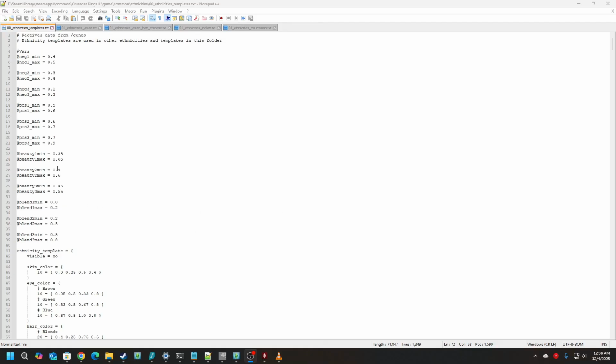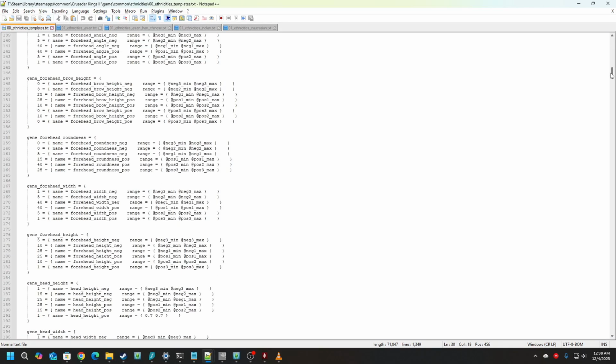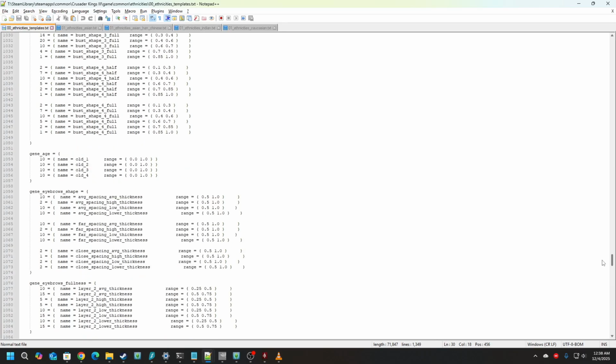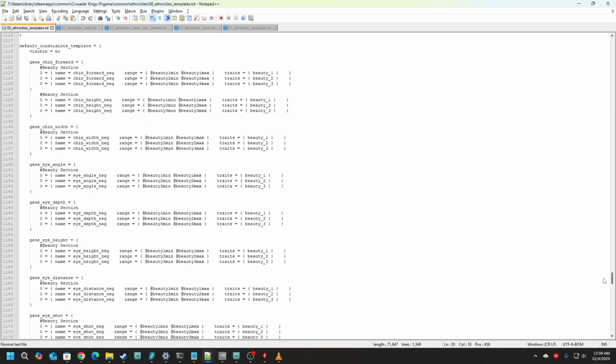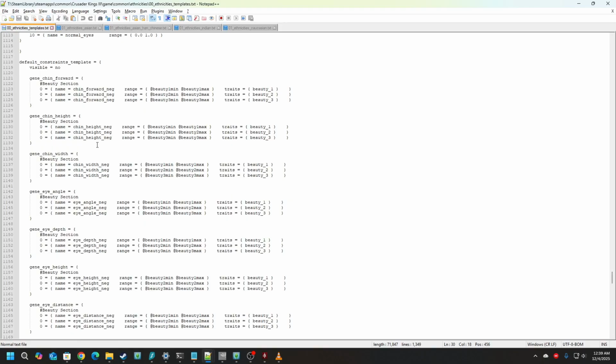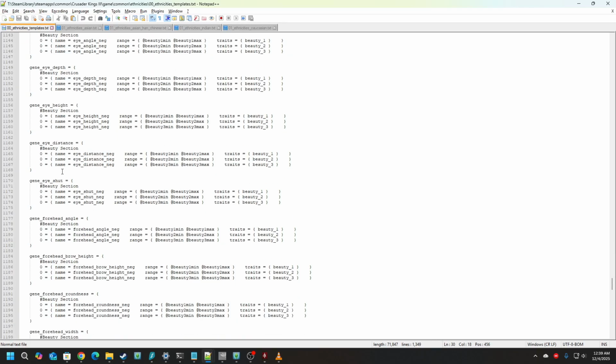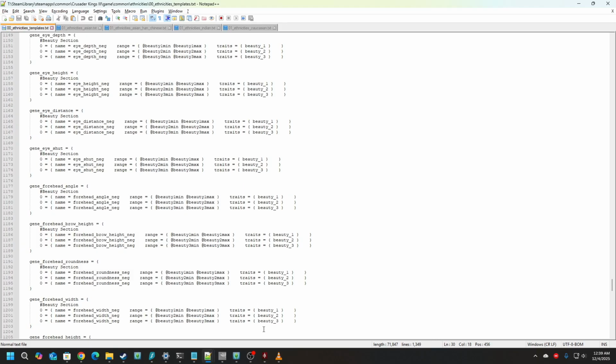Then you have your beauty values here, which have different strengths depending on what level of genetic traits you have for beauty, or I think ugly works similarly too. And you basically set some here, and it adjusts some of these values depending on how beautiful or